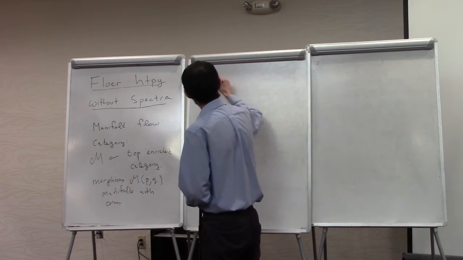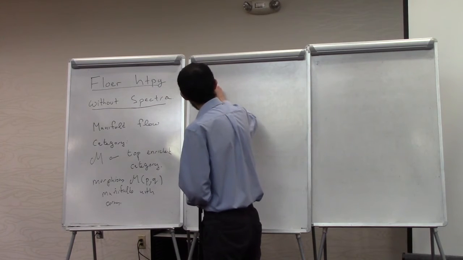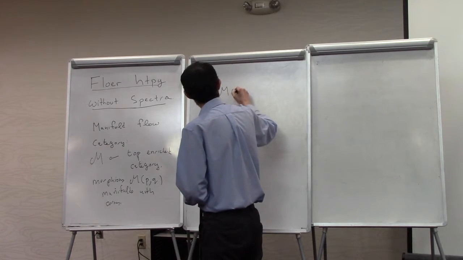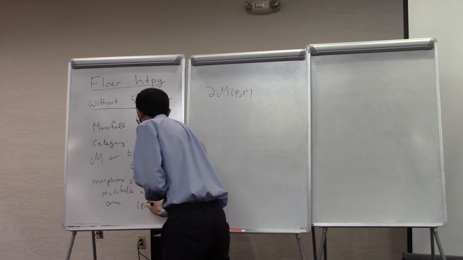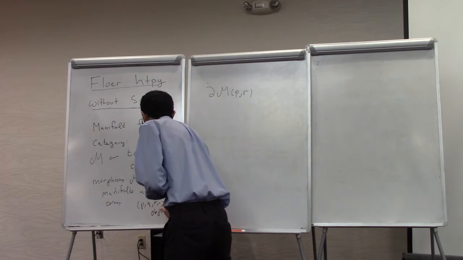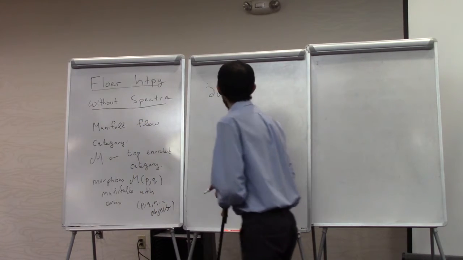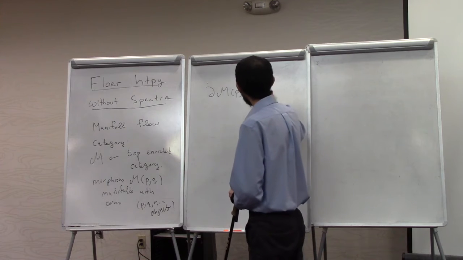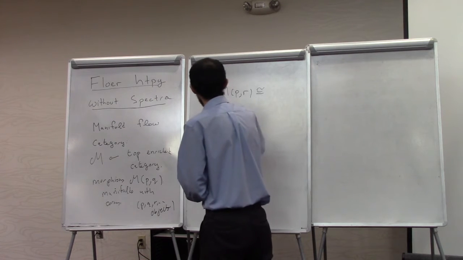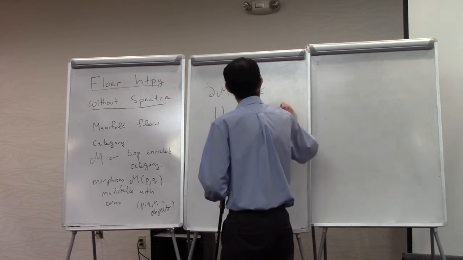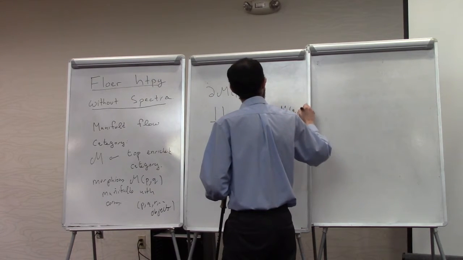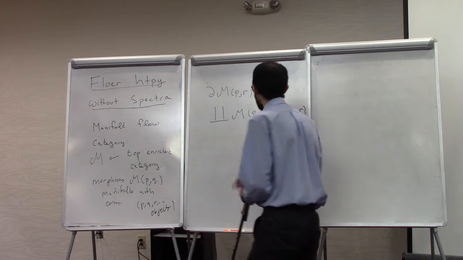So that means that you can make sense of the boundary of M_PR for objects. So P and Q are objects. You want the boundary of M_PR to essentially be given by the product of M_PQ cross M_QR modulo the obvious